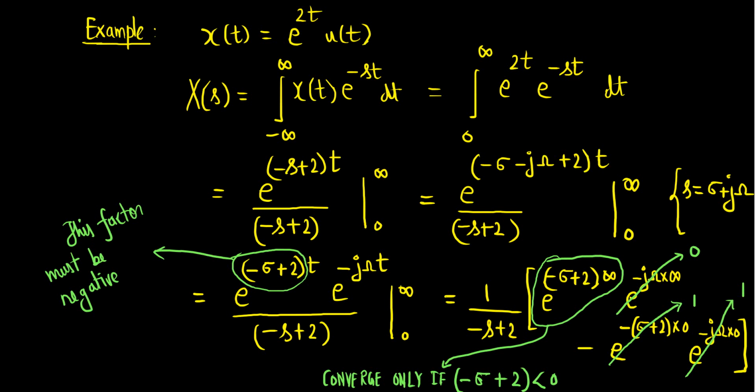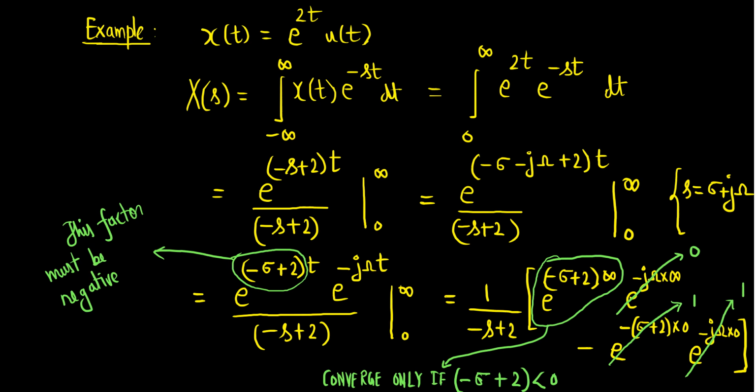So what we are going to get is that the expression is equal to 1 upon, so you can see that this minus 1, this expression after substituting this infinity, and let's assume that this term here is negative. If that is negative, e to the power minus infinity, then this term is going to converge, and the expression that we are going to get is